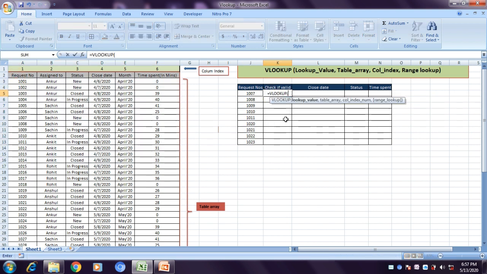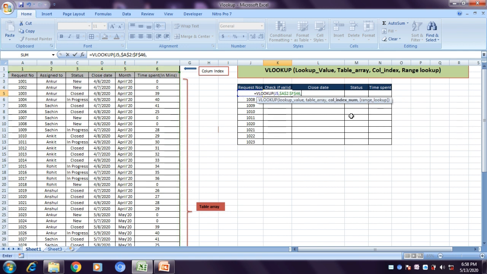Equals to VLOOKUP. This is my lookup value, and then it is asking for table array. So this is my table array. Please observe at formula bar, I have applied a reference here. A dollar sign has popped up. That means no matter if you copy paste this formula to the next cells, your reference to this table array would not change. It is important that every time a value is being searched, it should iterate through the entire table array.